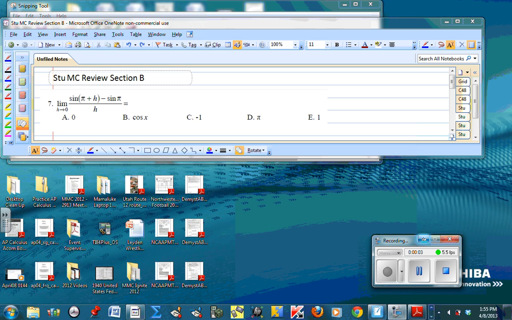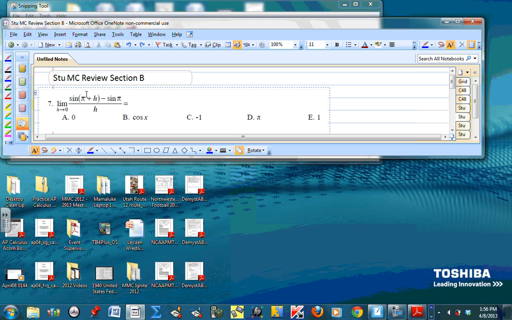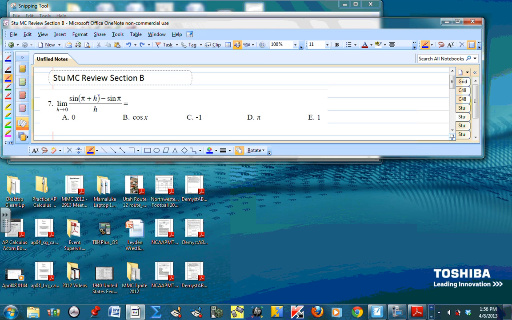Problem number 7 is a classic limit problem, where if you recognize the format of this limit, we have a chance to do this problem quickly and easily with a shortcut. And if you don't remember what this limit represents, then it's going to be much more complicated for us to work with. If you don't recognize that this is the limit definition of a derivative of a function,